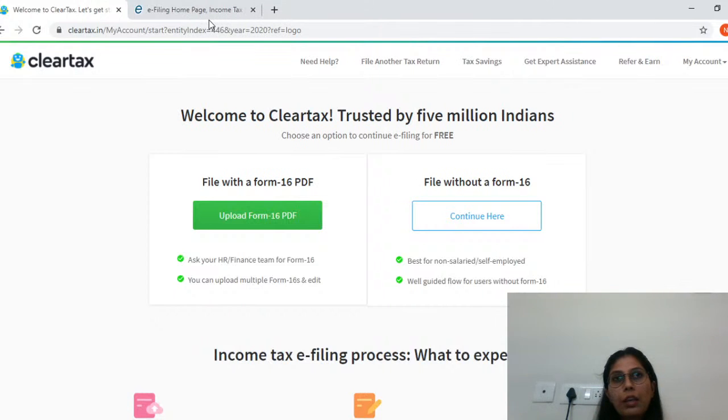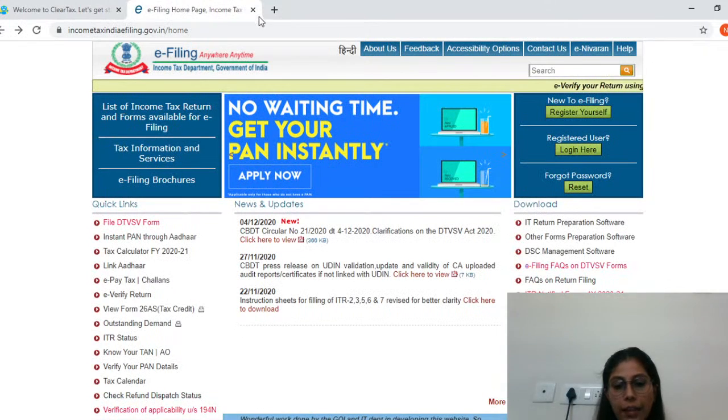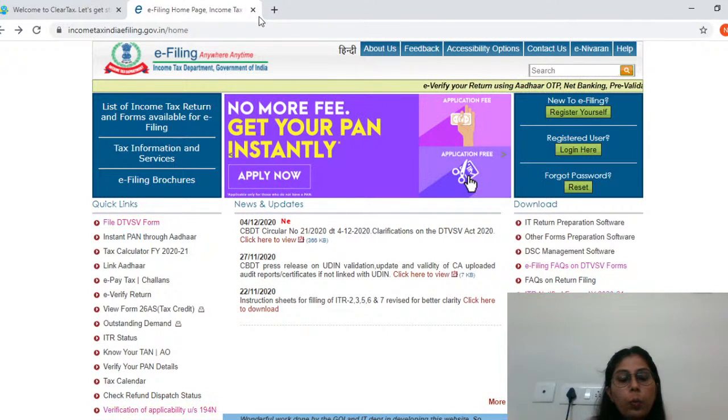It is important to e-verify your return within 120 days, because if you do not e-verify your return within 120 days, it will be treated as a belated return, and then another penalty under section 234F will be applicable. You can either complete the process of e-verification online, or by physically submitting the ITR file to the CPC Bangalore. To e-verify ITR using the Aadhaar OTP, you will have to log into this page,